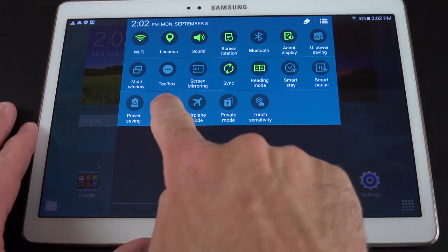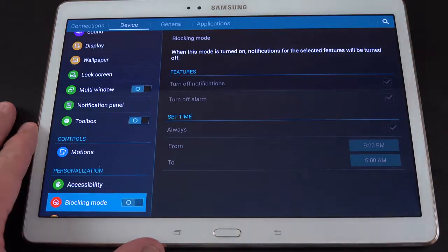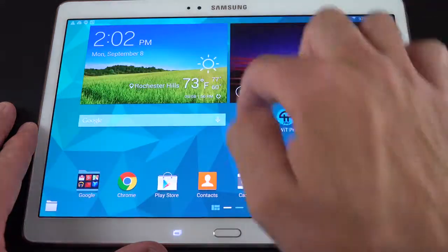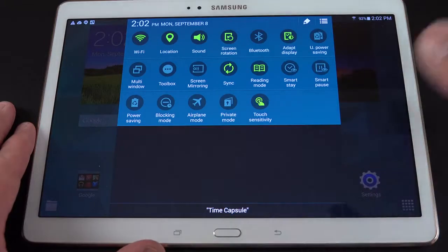We also have blocking mode, which allows us to set a do not disturb policy on this device. So for example, you can turn it on right now, or you can select specific times of day for that feature to enable. Now I also have increased touch sensitivity, so if you toggle this on, it basically allows you to use this